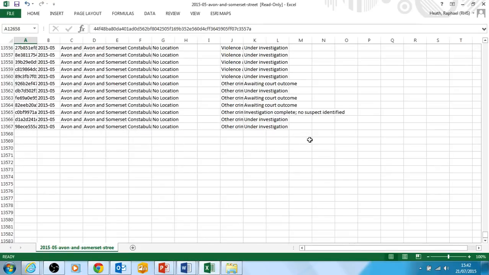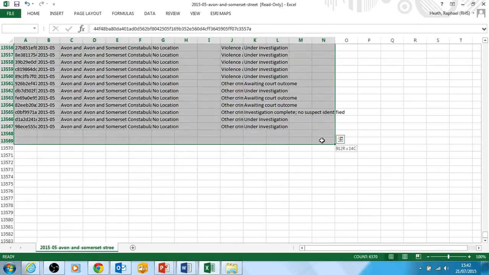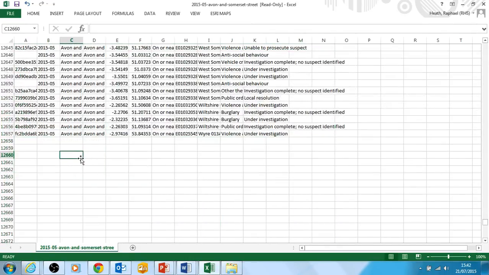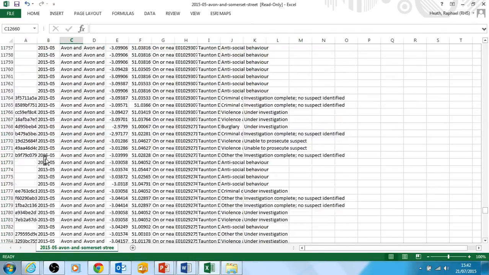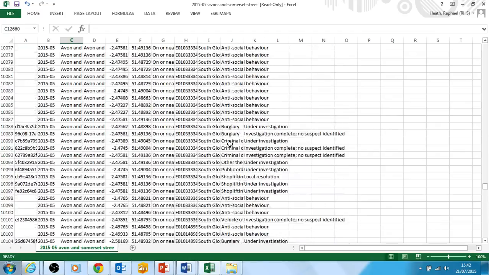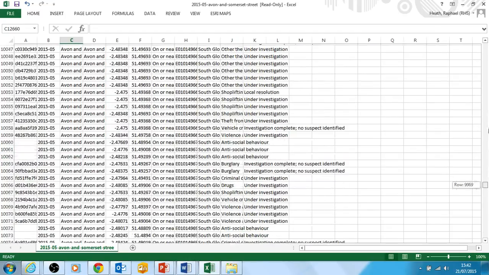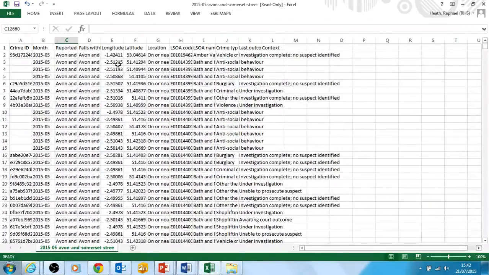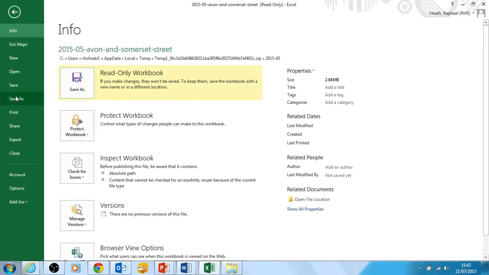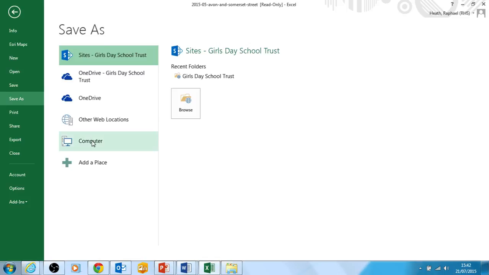I'm going to press my shift key down and this bottom corner, which highlights all this data, and just press the delete button. That's got rid of that data there. So I've got all of May's data, the month of May, here, and I've cleaned it up a little bit by getting rid of some data that had no longitude latitude, and it doesn't matter too much if you leave that in. And I'm going to save that,